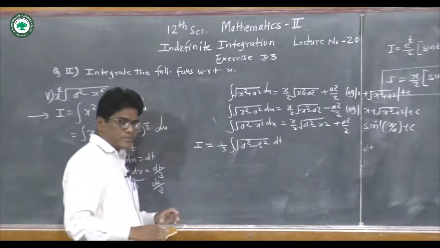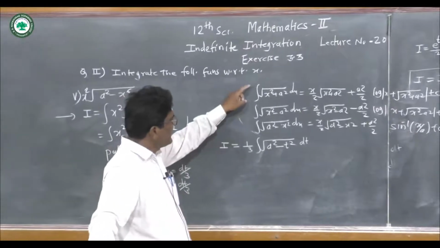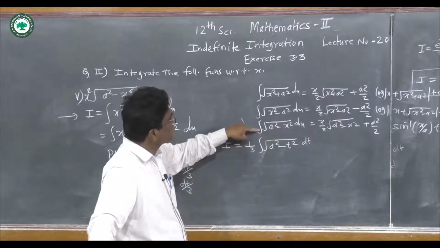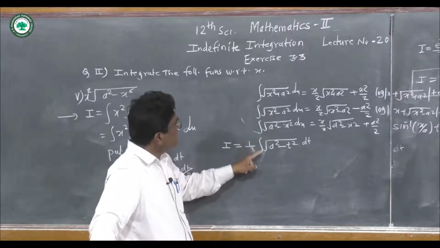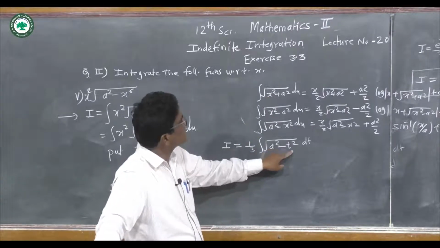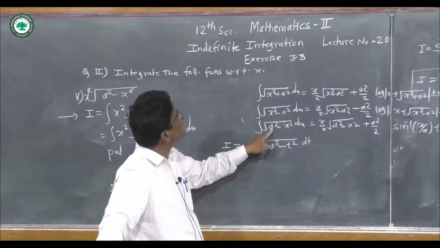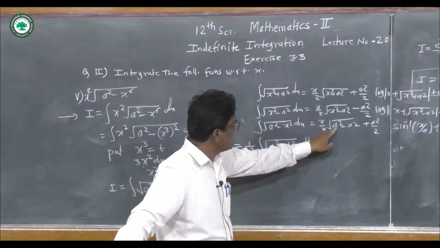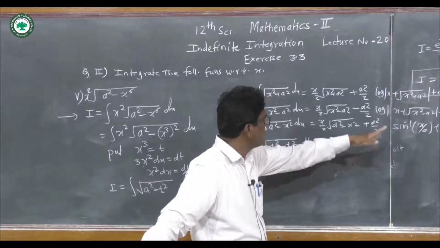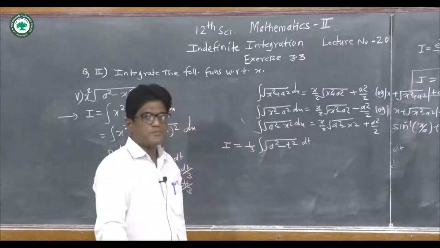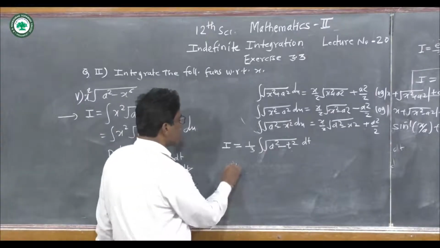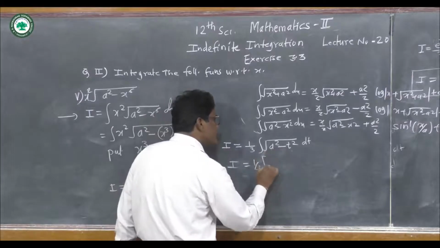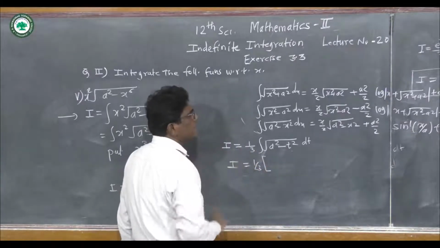And now we use one of the formulas, either integration of root of x square plus a square or this or this. Since here it is integration of root of a square minus t square, that is constant square minus variable square, we use this formula: integration is x by 2 under root of a square minus x square plus a square by 2 sine inverse of x upon a plus constant of integration. So I is equal to 1 upon 3 as it is, and the solution we write in square bracket because of this 1 by 3.